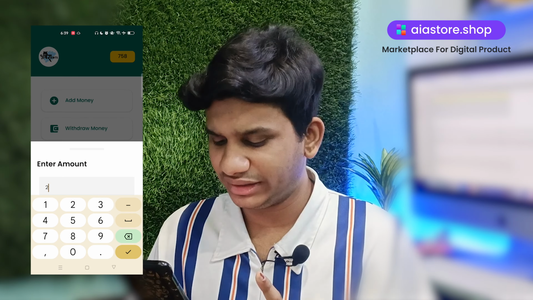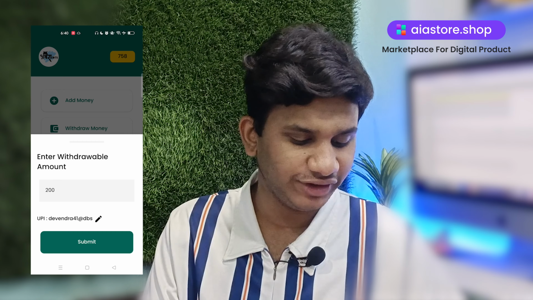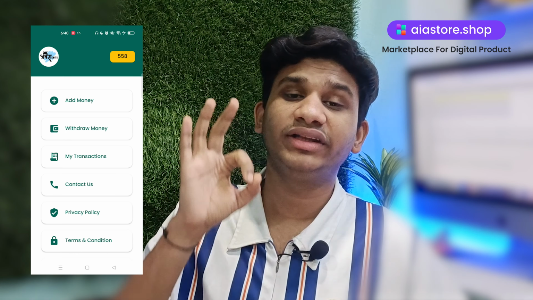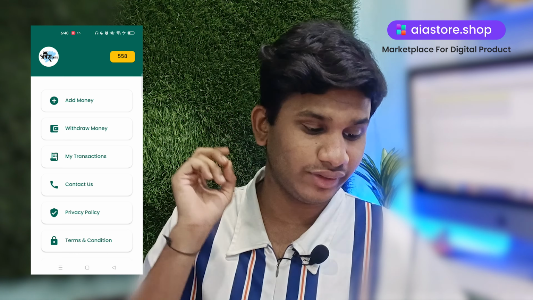If you want to withdraw your money, then click on the withdraw button. You need to enter the amount that you are supposed to withdraw. So I am here withdrawing 200 rupees, and below that here you are seeing, if you want to edit your payment details, then you also can do this. So I am here entering my UPI ID, and after that I am submitting this UPI ID, and after that I am submitting my withdrawal request, and my withdrawal will get to my bank account after 3 working days. I can track my withdrawal from the withdrawal history.